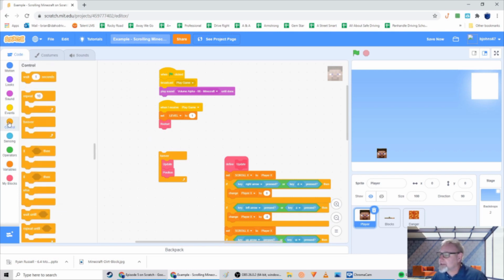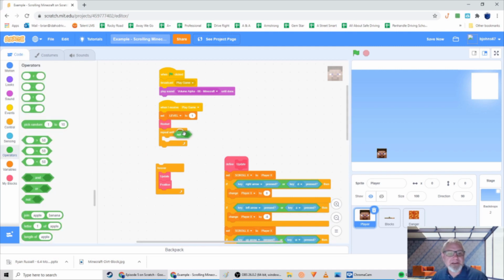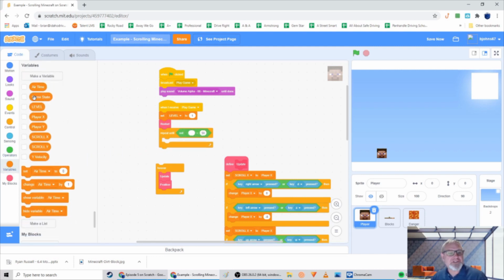So we're going to have a repeat until right here. All right. So repeat until not game state equals playing. Okay, that sounds like code language, doesn't it? So not, we need a not. So repeat until not, now we need an equals. So grab an operator equals right here. So not equals. And then this is going to be a game state. So that's the variable we just made. Put it here. And then this, we're going to type in the word playing. So when game state is not playing, we are going to,